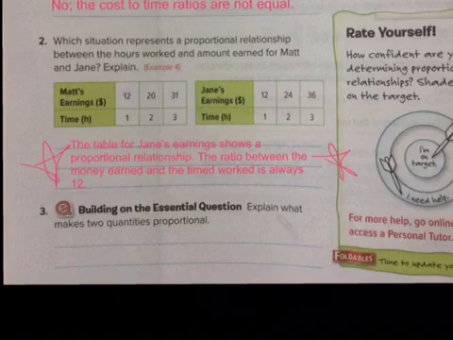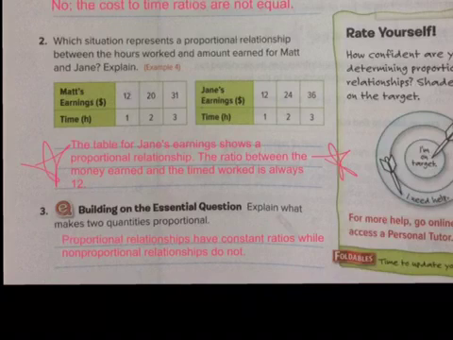And finally, do we really understand what proportional means? Explain what makes 2 quantities proportional. Proportional relationships have constant ratios. Okay, they're constant. They go up in the same increments. While non